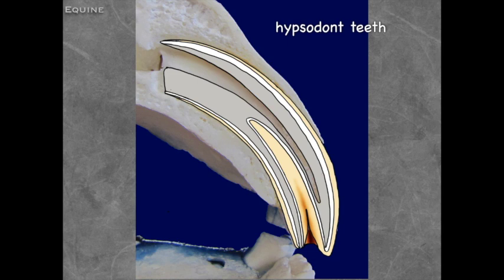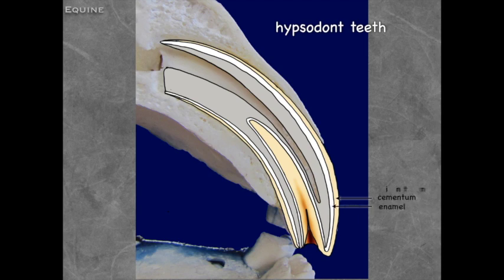Okay? So the hypsodont teeth, which are all of the horse's teeth, as well as the cheek teeth in the bovine, they're sometimes referred to as continually eruptive. They've got a very high crown and a low root. Okay, and we see that on the outer surface is cementum. Okay, so we have this cementum covering the whole outer surface, and then deep to that we see the enamel